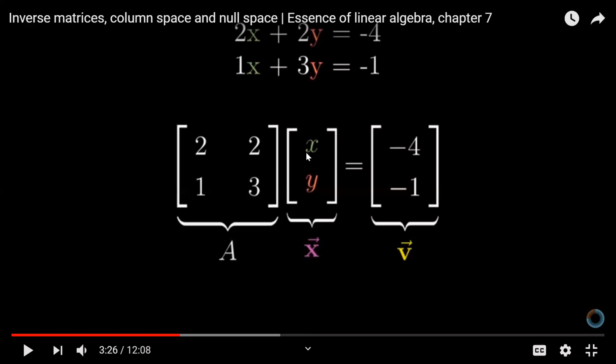It will basically either elongate it or compress it, and also it will try to move its direction. But keep in mind, the tail end will always be fixed to the origin of the coordinate system. And so when A is multiplied with x, this x will move under this transformation, which is defined by A, and it will become V.